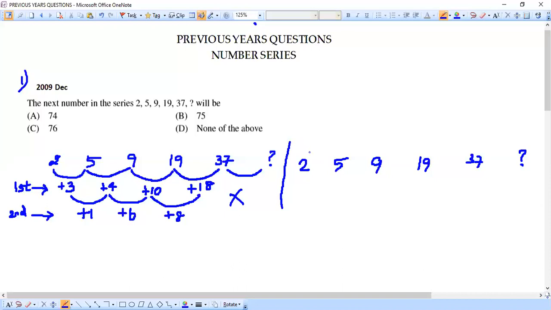So 2 ones are 2, 2 twos are 4, and 2 threes are 6, right? So I'm getting 2 threes are 6. That means this is exceeding my 5. So let me do a thing. I will just stop with 2 twos are 4. Just kindly understand what I'm doing. 2 ones are 2, 2 twos are 4, and 2 twos are 4